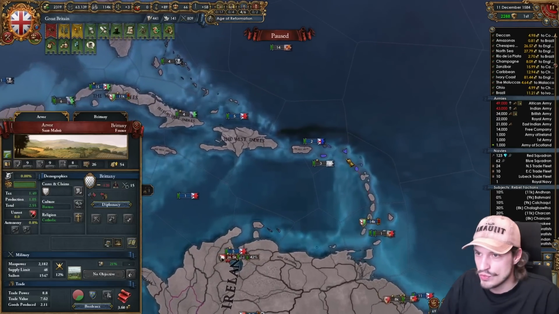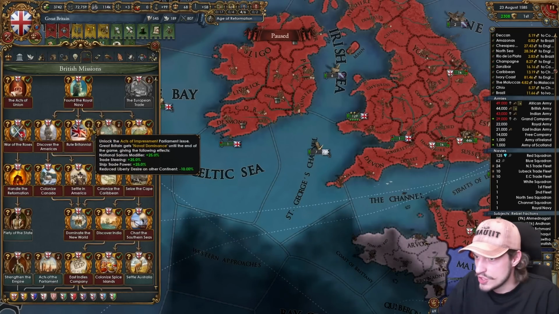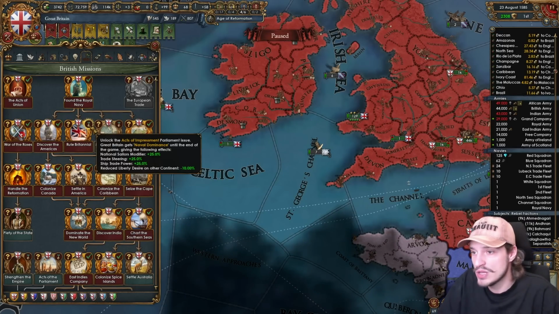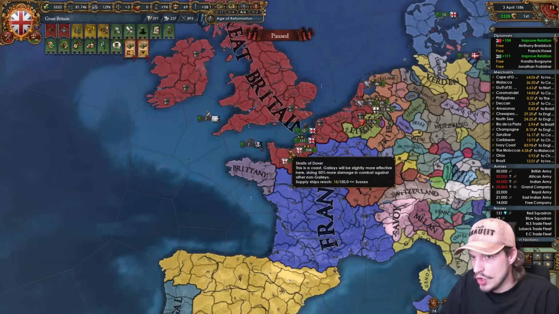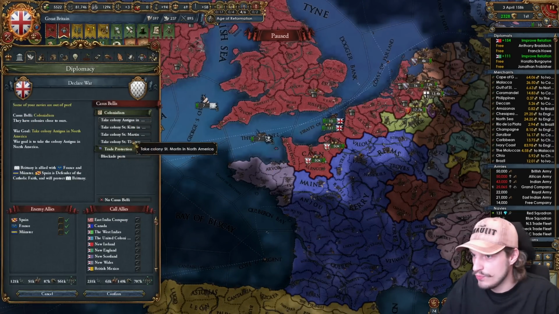And there even is a reason to fight Brittany. They're colonizing in the Caribbean as well. And finally, there's the mission Rule Britannia, because I just built 40 man-o-wars. And most importantly, reduce liberty desire on other continents. I'm doing a bunch of these acts now. Don't need these though. Okay, so I've built up the armies. Navy is here as well, as we can see. Let's go ahead and declare on Brittany for taking their...